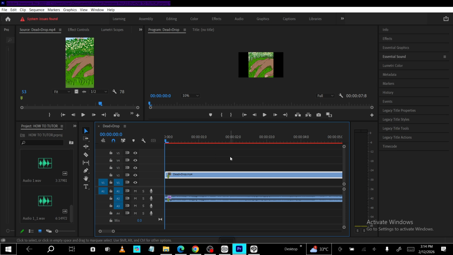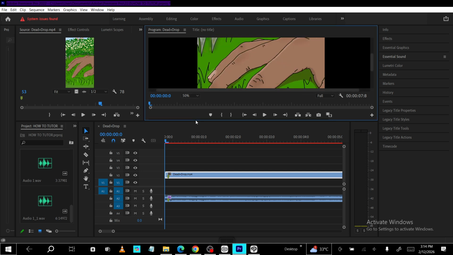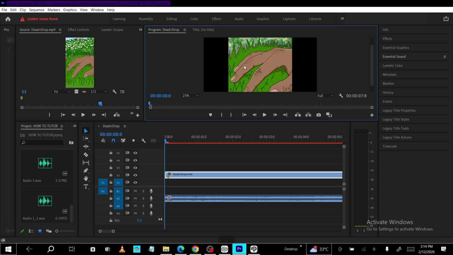Now let's make sure the sequence truly matches your footage. Drag your main clip into the timeline. Most editors will automatically detect the clip's properties and either adjust the sequence or prompt you to match the settings. If you see a message asking whether to keep the existing settings or match the clip, choose the option to